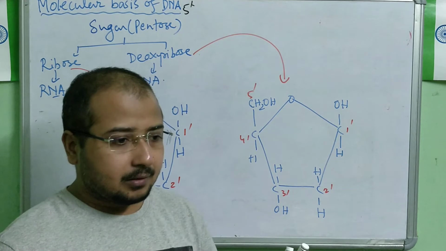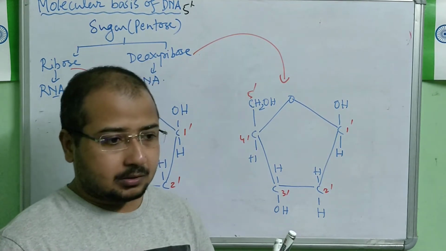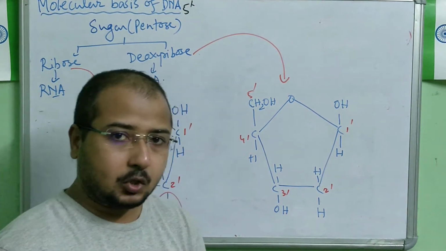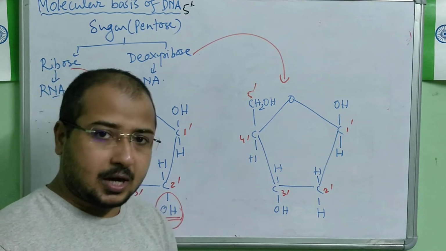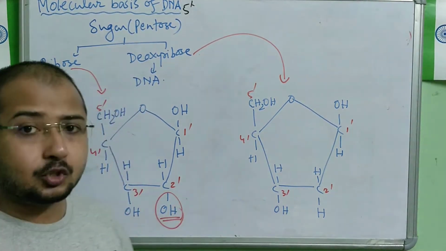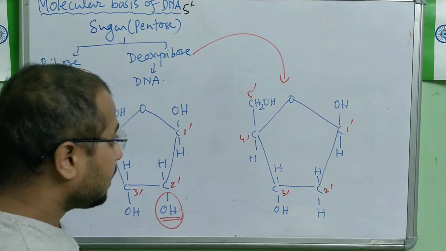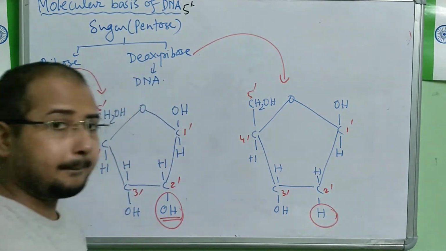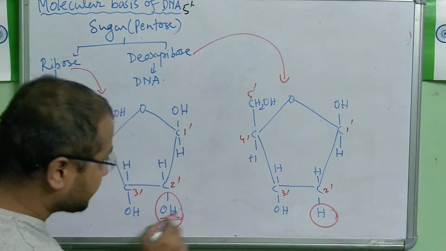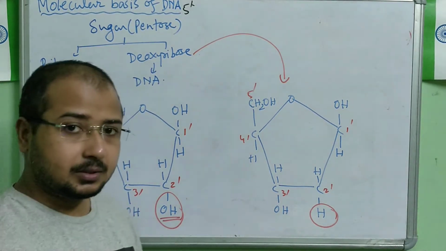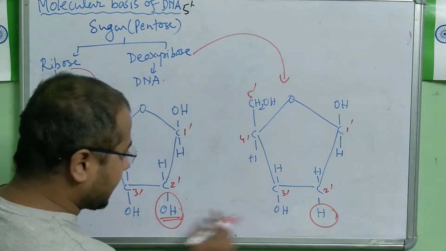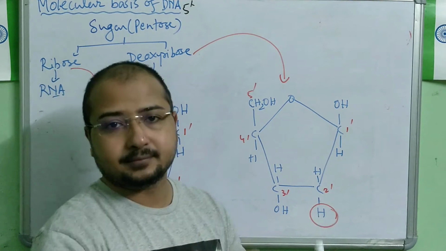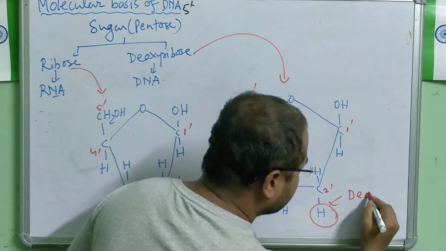So RNA reacts very much, and mutation takes place very frequently in the RNA. RNA is very unstable in nature because of the presence of this reactive hydroxyl group. If you look at the deoxyribose sugar, at the 2' position only hydrogen is there. It means the oxygen is missing here at the 2' position. Can you see this? The oxygen is absent here, and that is why it is called deoxy. So here actually the concept of deoxy comes.